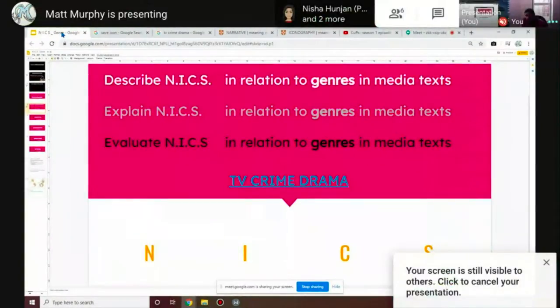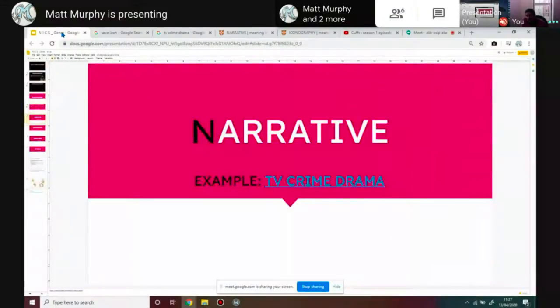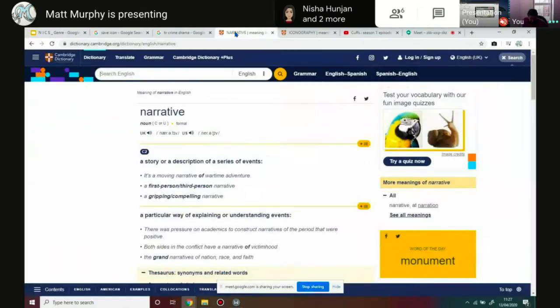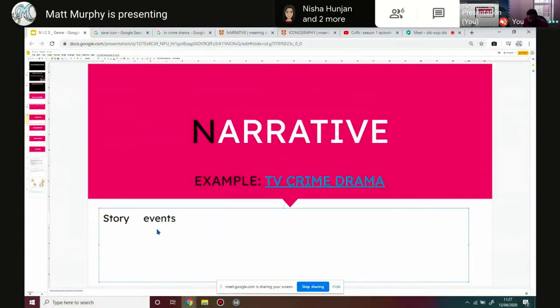So NICS, it is an acronym. So the N stands for narrative, which again may be a word that you've not come across before. So let's just go to our helpful dictionary. So within a TV crime drama. So talking of, if we're going to talk about narrative for a second, in a